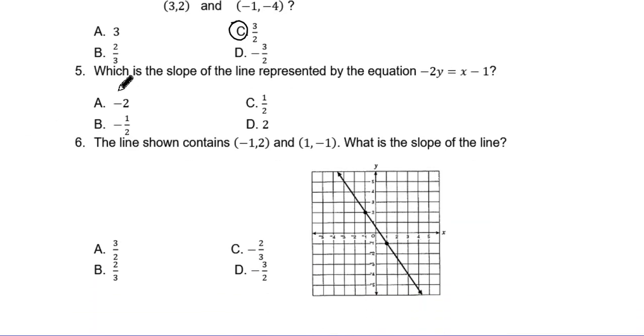All right, and then the last way that we find the slope is using a formula. So when you're given an equation and you're asked to identify the slope, I'll show you two ways. One way is to put it in the slope-intercept formula. So you have y equals mx plus b. What this means is you want to get your equation in the slope-intercept form, where this is the slope, okay, and then b is the y-intercept,